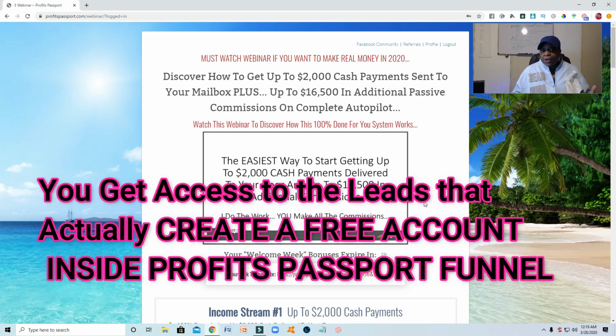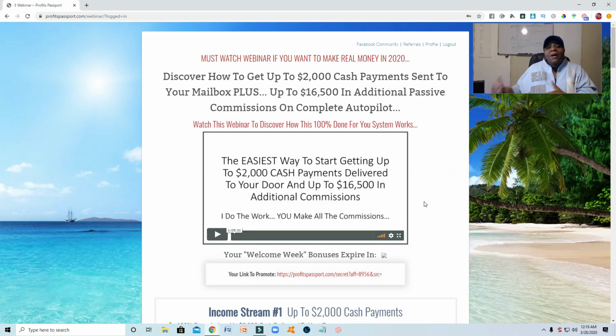Now what we need to do is go ahead and see where we find that lead, that person that actually created that account, because at this point, they still are a lead because they haven't bought anything yet. So let's go ahead and see where we can find them. To be able to see that, because I did this process opting into my own funnel, I need to look at my own back office, and we need to look for that email address that we put in. That email address we put in was